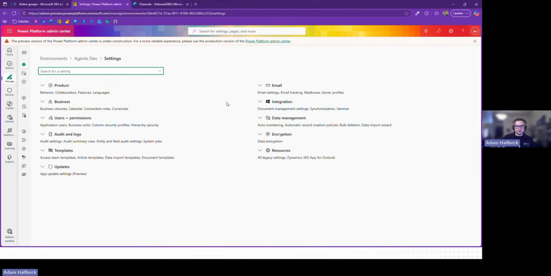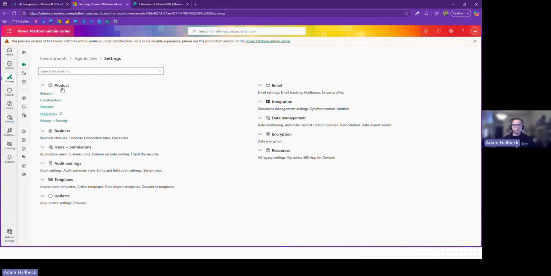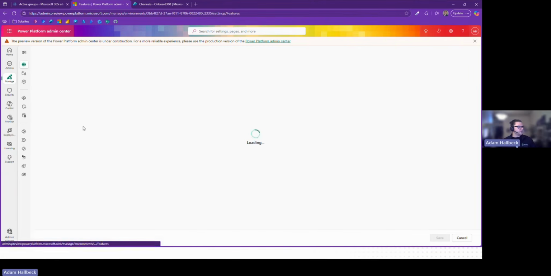Now this is after, imagine, if you will, a world where you and your team have determined your governance strategy, your environment strategy. So you've got maybe a traditional developer, UAT, test, production stack that you're working in. And then maybe you went, you know what, that's really good, we're going to push all agent development into its own agent developer environment, and we need to toggle a couple of settings here. You can go to those environment settings, go to features, and right off the bat in the top left of the feature functionality